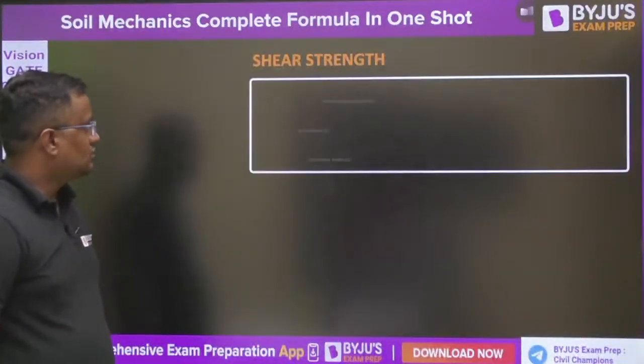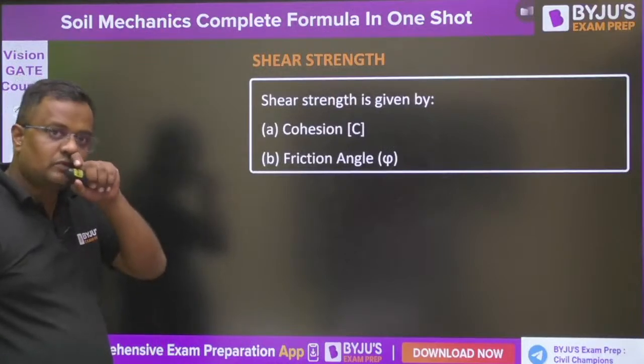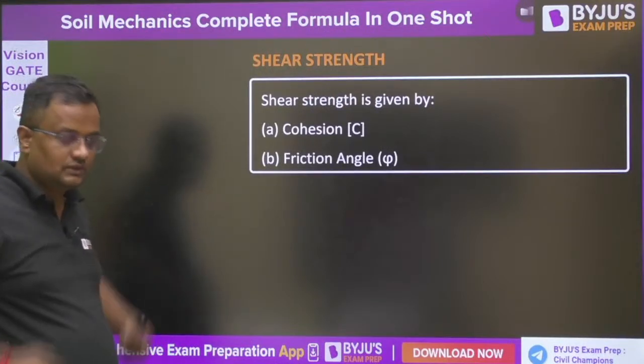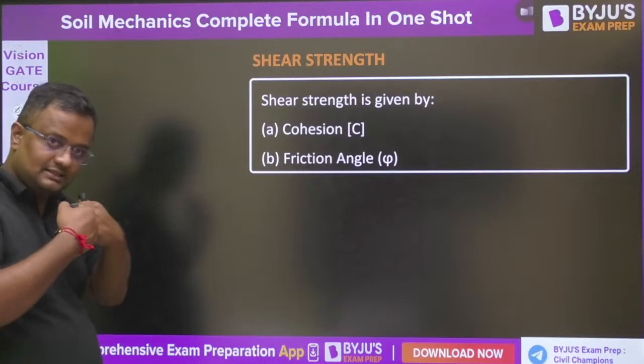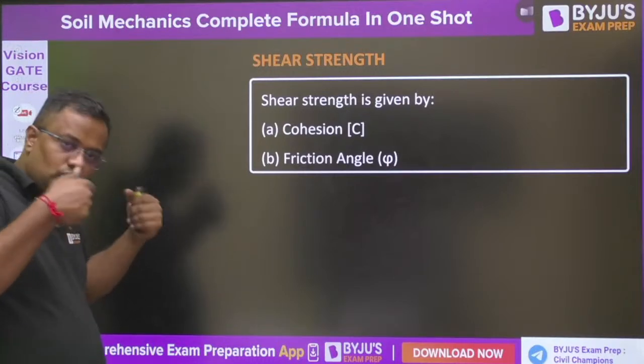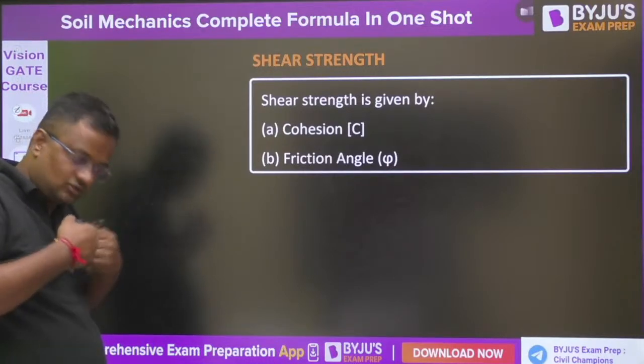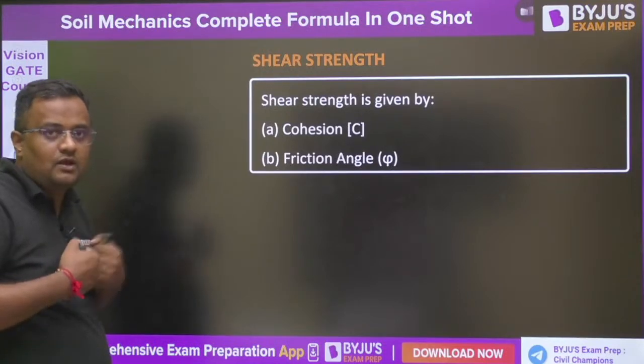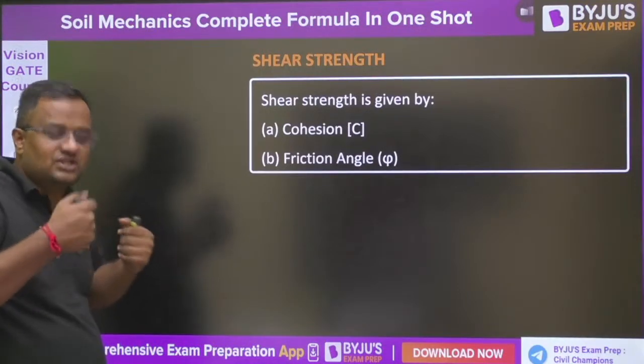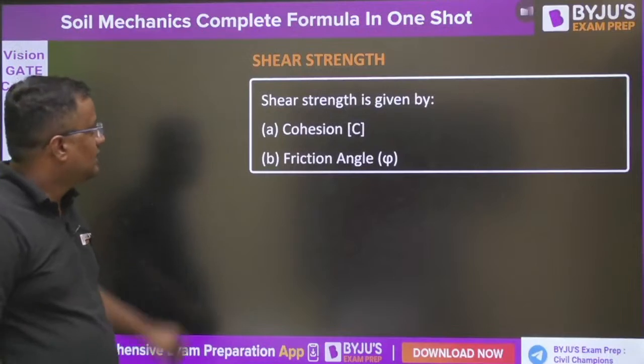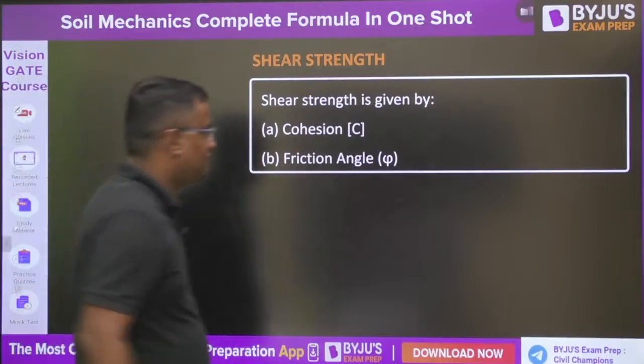Okay, now shear strength. Soil fails in shear strength, and shear strength is provided by two things: cohesion, interaction between the particles, either due to the cohesion due to charge, electrostatic attraction, which is in clay, or due to negative pressure. Negative pressure means suction, then also there is cohesion. And one shear strength is provided of friction angle phi.